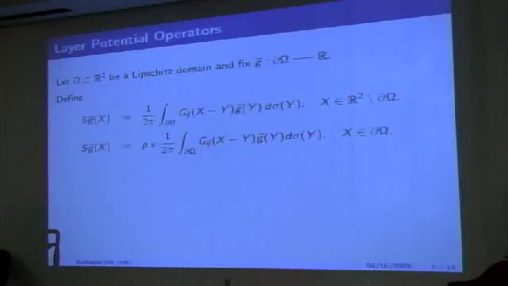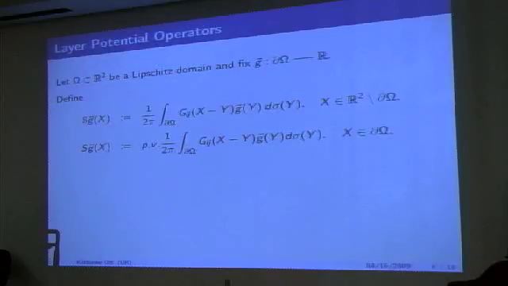So if we let omega be a subset of R^2, I want to now discuss the layer potential operators that I'll be using in this work. If we fix a vector valued function g from the boundary to the reals, we can define our single layer potential operator, which I denote with a script S, acting on g to be the following integral. We're integrating over the boundary the fundamental solution of the Lamé system against our given function g, and that is for x in the interior or the exterior, so away from the boundary.